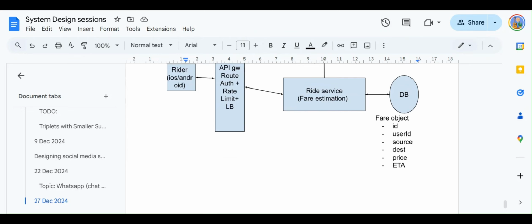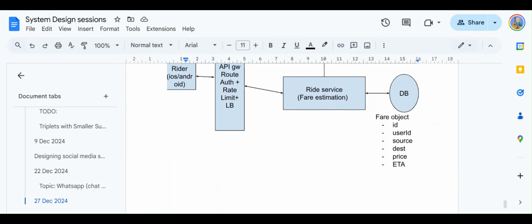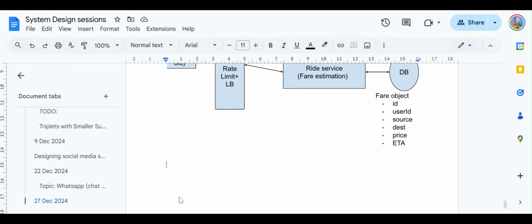The second thing is that the rider should be able to request a ride based on this estimated fare. Once we have given this fare to the user, he should be able to book a ride using this fare. So for that, we're going to come to the second requirement, which is essentially that the rider should be able to request a ride based on a fare. So at this point in time, what really happens is